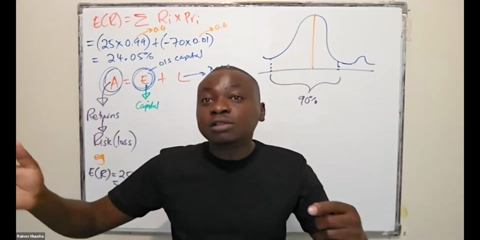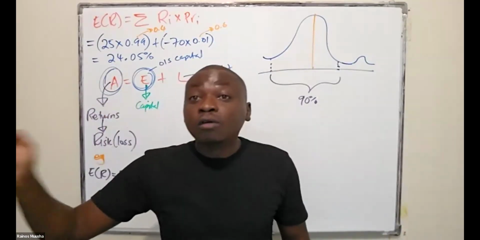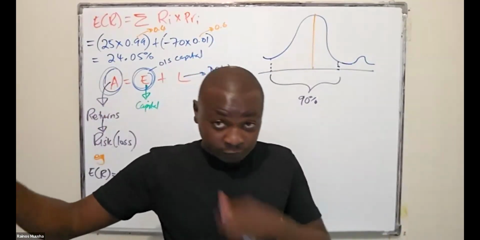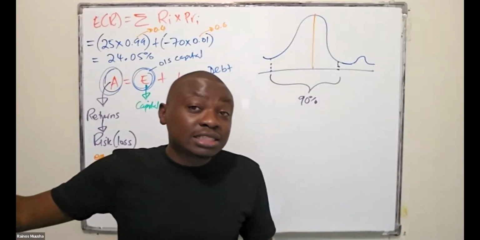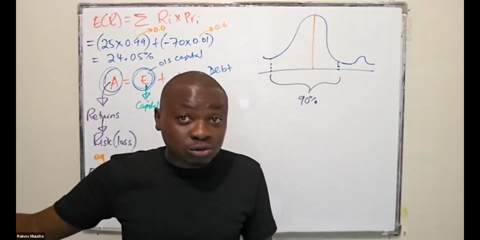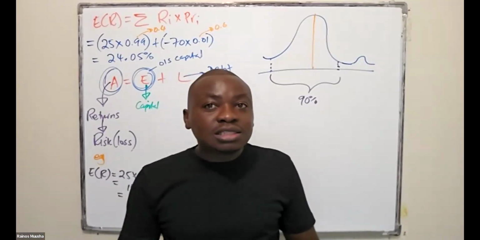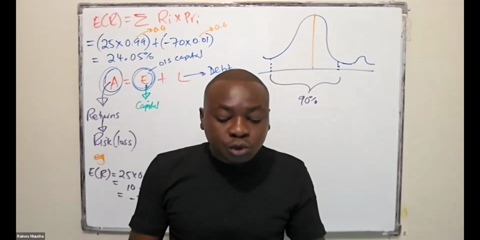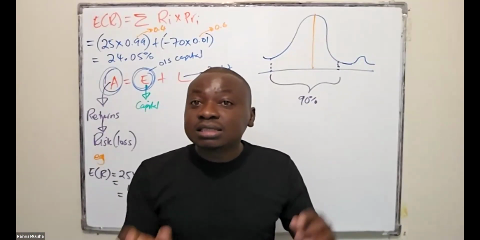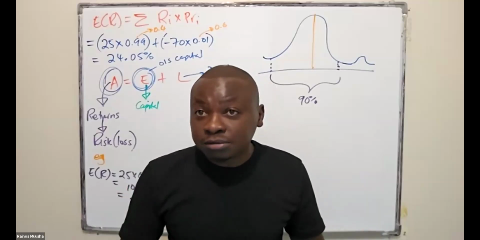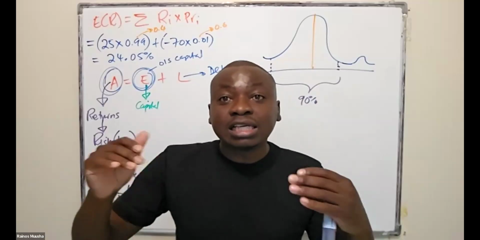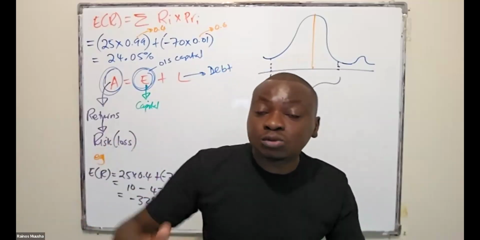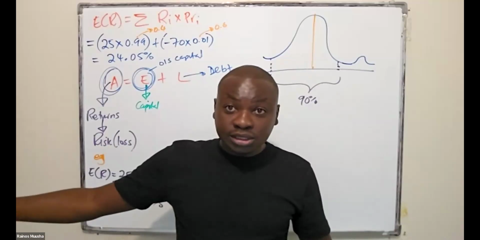What is the behavior of these losses? The behavior of these losses is explained using the expected shortfall, which we're going to be looking at in market risk as well. So just know that the failure to use the appropriate risk metric can also cause a risk management failure. Like, for example, the use of value at risk when it doesn't explain the distribution of the losses which are exceeding the value at risk.